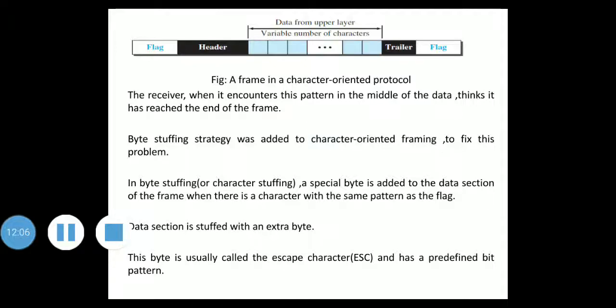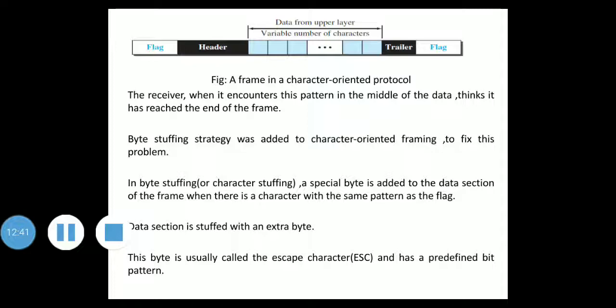Then a byte stuffing strategy was added to character oriented framing. In byte stuffing, or character stuffing, a special byte is added to the data section of the frame when there is a character with the same pattern as the flag. The data section is stuffed with an extra byte.